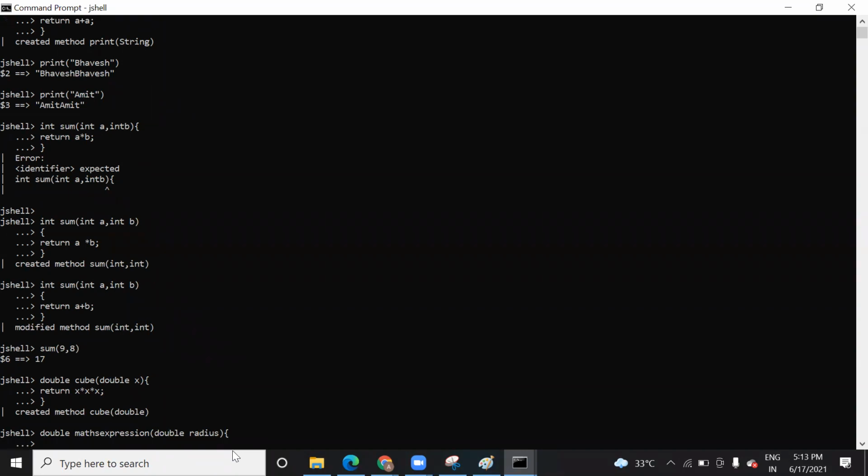so suppose I want to divide 5.0 by 3.0 into 3.14 into 67 into, I am going to call a method cube, and I will pass the same radius, and I will multiply it.